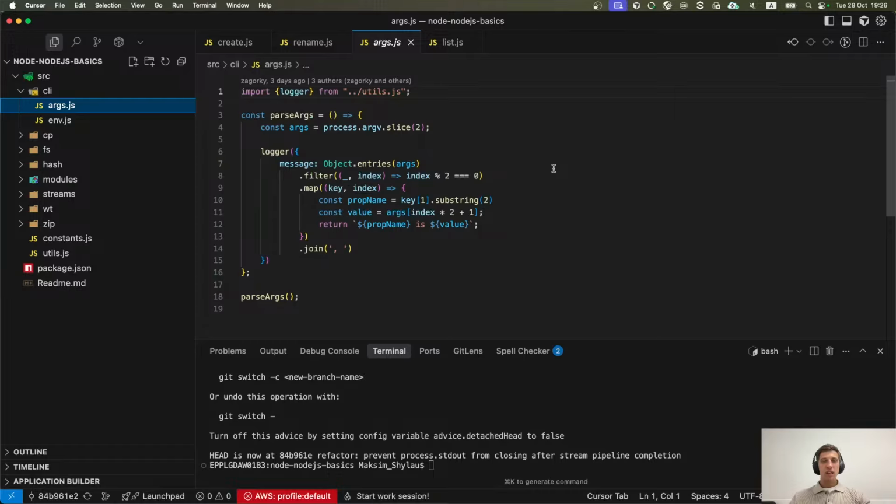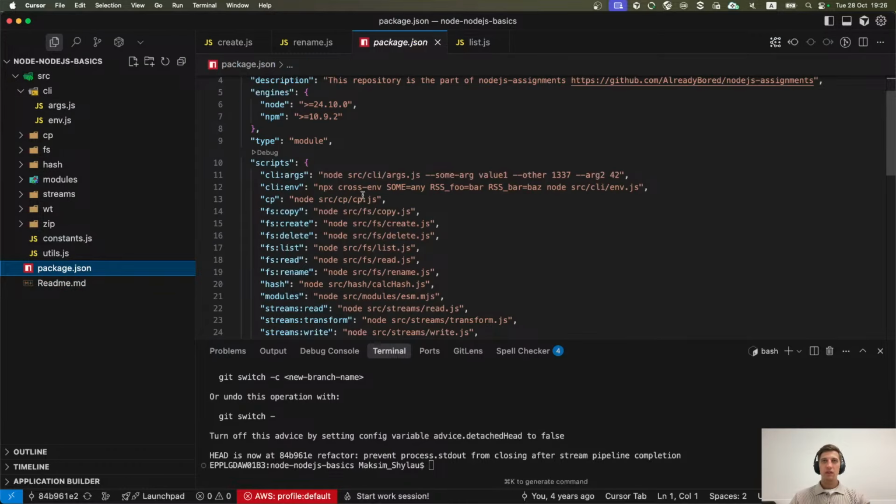Okay, about command line arguments, it's passed as array of arguments. So if some arguments are passed like this, some argument with value, another argument with value, and another argument with value, you will receive array with this string, this one, this one, this one, and this one.